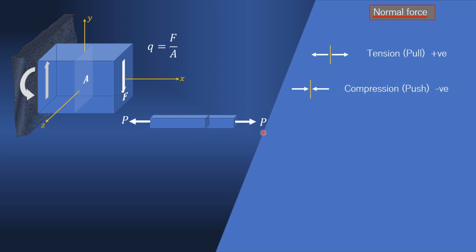So when you add forces on any one side of the section, to know what is the force on the section, we use this sign convention if it is normal force: pull positive or tension positive and compression negative. This is called the nature of the force, not a direction. For normal force, we use these terms, tension and compression, to define nature.